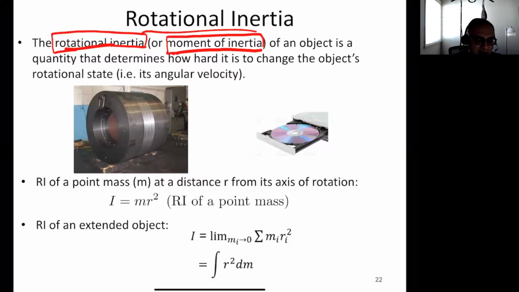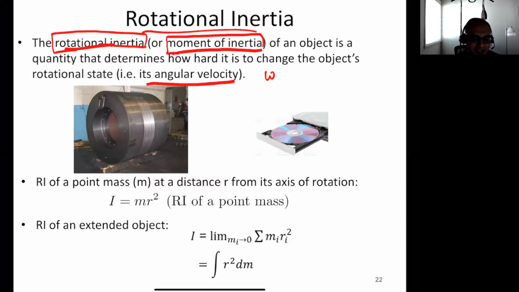So the moment of inertia of an object is a quantity that determines how hard it is to change the object's rotational state, or more precisely, its angular velocity, omega. So if an object has a certain omega, it's rotating with a certain omega, the rotational inertia is a measure of how hard it is to change that omega, right? And there's nothing new in this, like you're all familiar with this concept